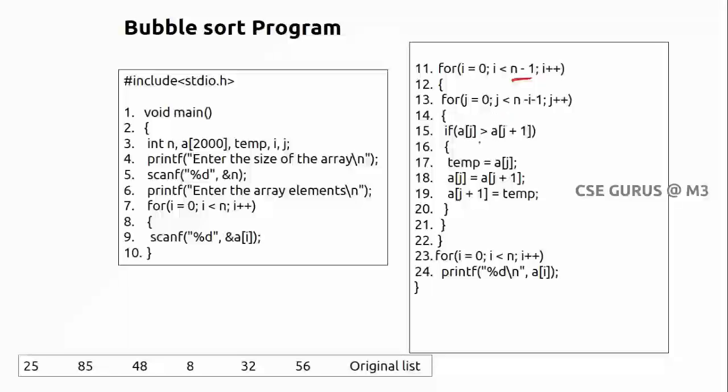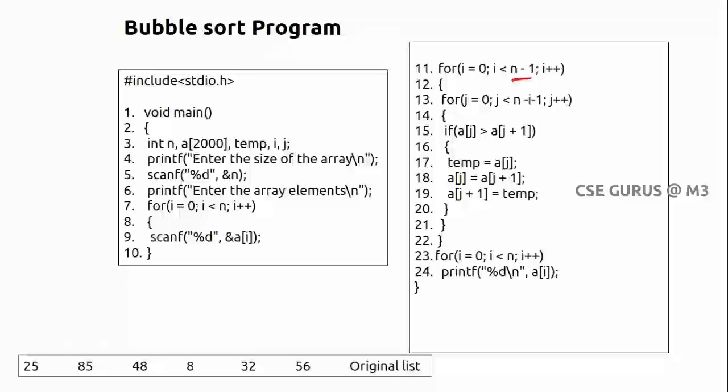And now what you are checking: if a of j is greater than, so when you have to make a swap, an adjacent swap, where this condition is true. So a of j is greater than a of j plus 1, right? If the next element is lesser than the first element, then you have to swap it, right? That is what I am doing by taking a temporary variable, and you can observe from the coding, whenever you find a of j and j plus 1, or a of i plus 1, that is the comparison. If you consider that, it is always adjacent